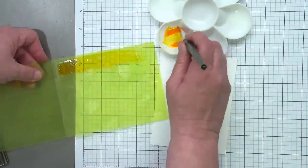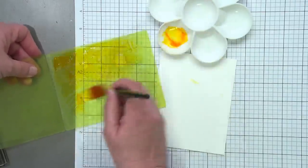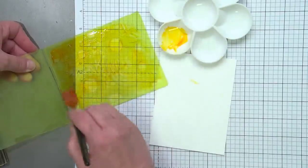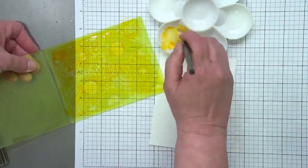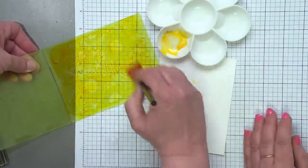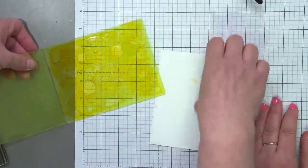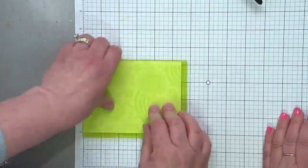So all I'm doing is taking our liquid color and painting it on. I'm not adding water to this necessarily. I could spritz my card panel if I wanted, but I think I'm just going to go for it straight up. I think this will allow it to puddle better. Puddles, see? A lot of people are typing puddles right now, I know. And so I think you'll get more intense color, and I think that's what you want. So I'm going to pop this in there, and I'm going to run it through